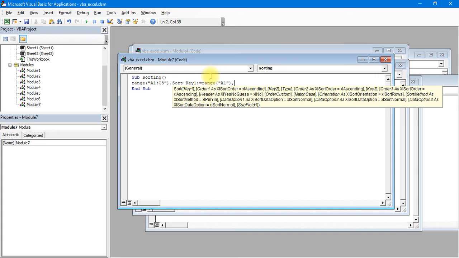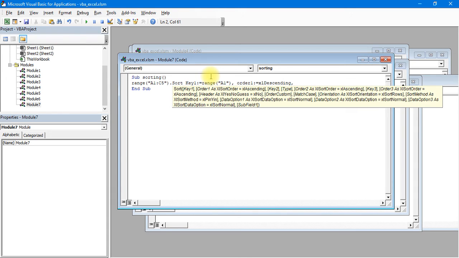Next, what order do I want? I have to type Order, because without a proper order you cannot easily write it. So we want to create one order, and we will be ordering it in descending. As you can see, it is automatically appearing in front of me, giving me descending.